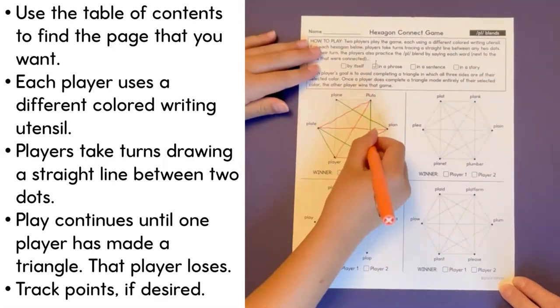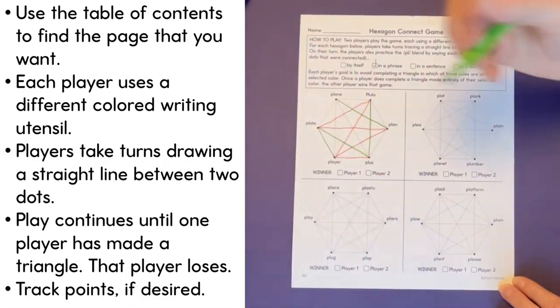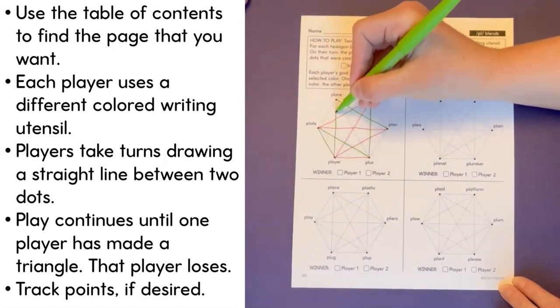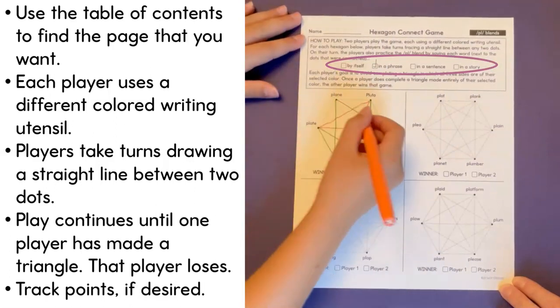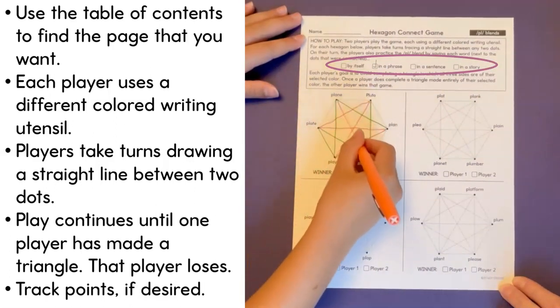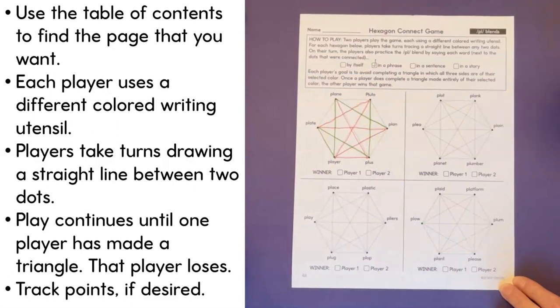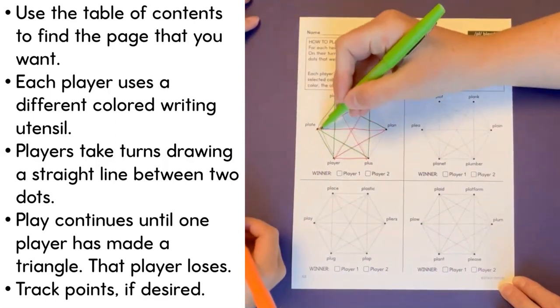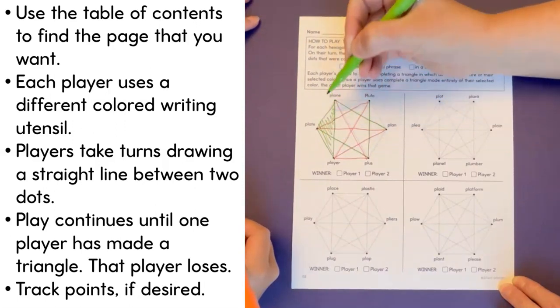And you can draw a check mark next to the level of practice that you would like the student to do, which is at the top of the page in the directions, which comes in handy for sending home the worksheet as homework. So play continues until one player has made a triangle consisting of 3 sides of their selected